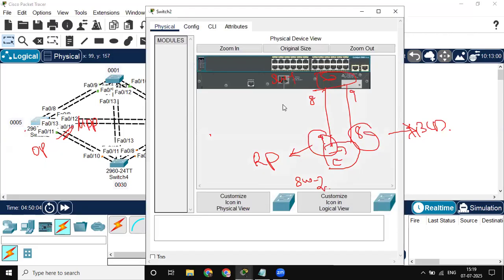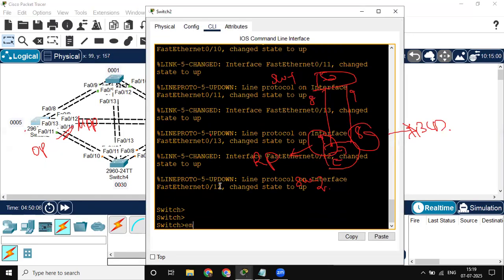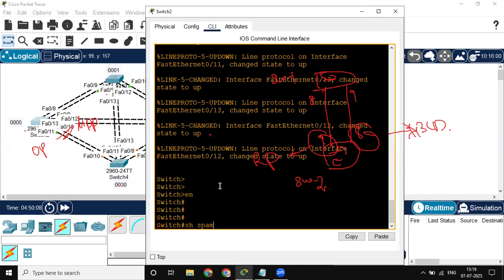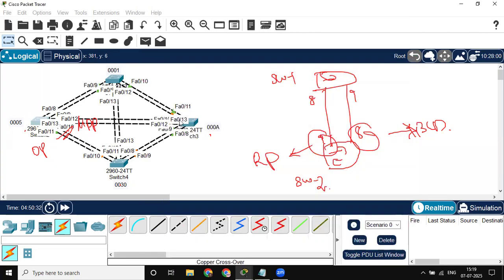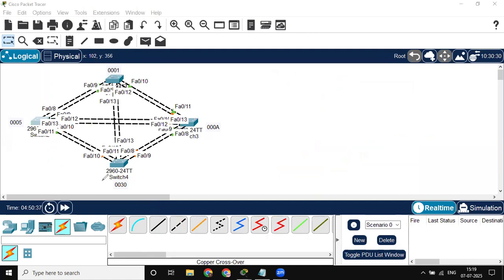Let's check. So 9 is root port, forwarding state, but 8 is blocked port. Other than that, everything is designated port, because this is the least, second least. Okay. Understood this switch? Any doubt? No. Now